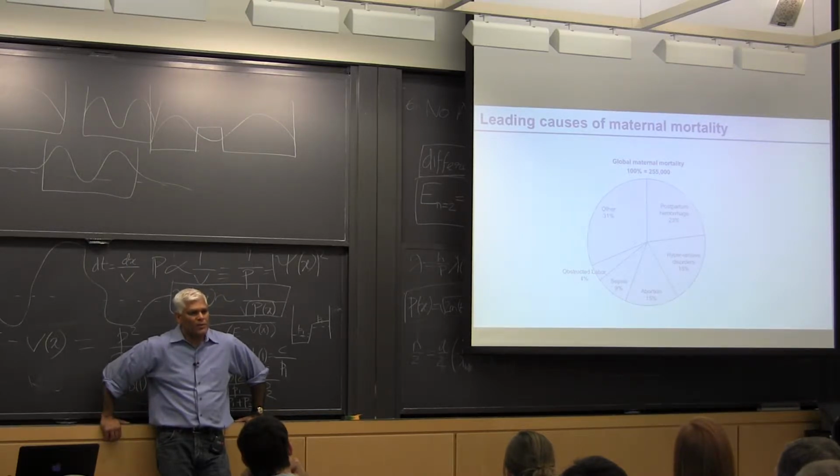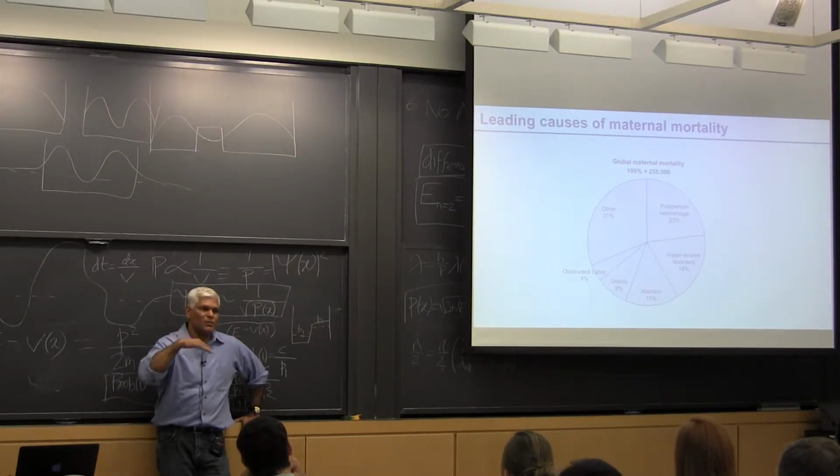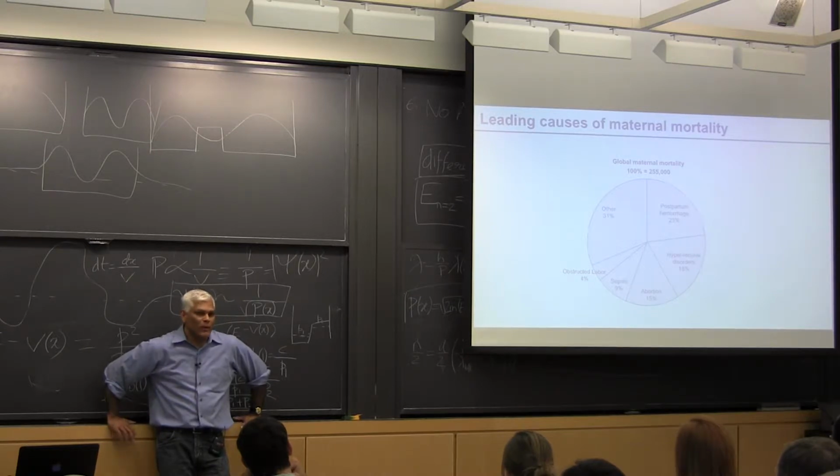Postpartum hemorrhage, which means that women bleed to death. And there are a number of complications that cause that as well. And then you have hypertension, and so on, the list goes on. But the truth is, it's a small number of conditions that lead to maternal mortality. You solve for these 3 or 4 things, you've sort of solved the problem and reduced the mortality number to a level where it's not one of the more significant problems in global health.